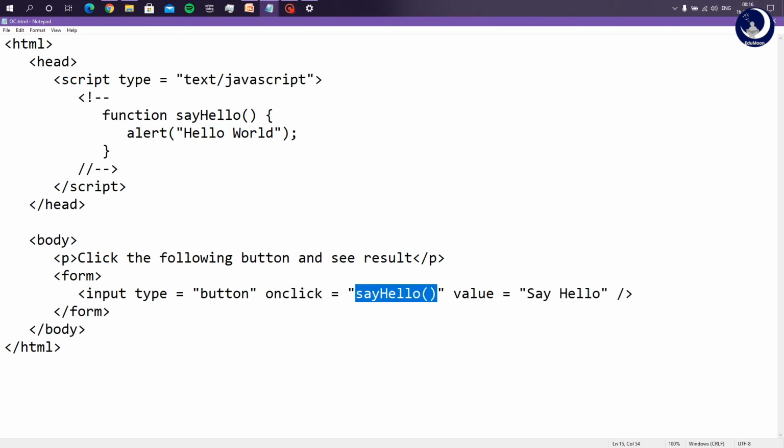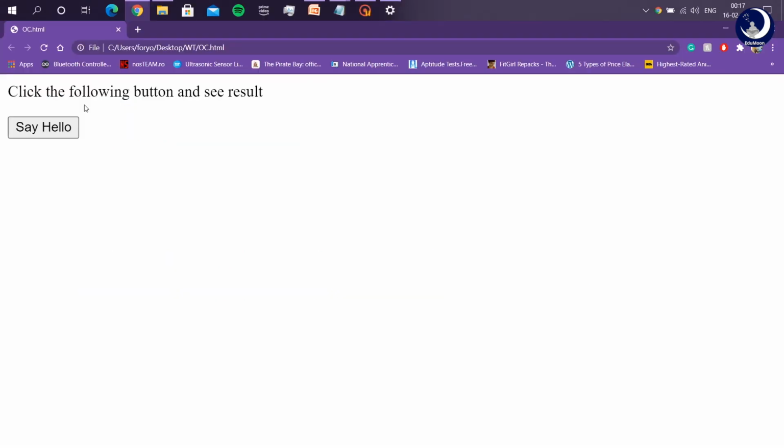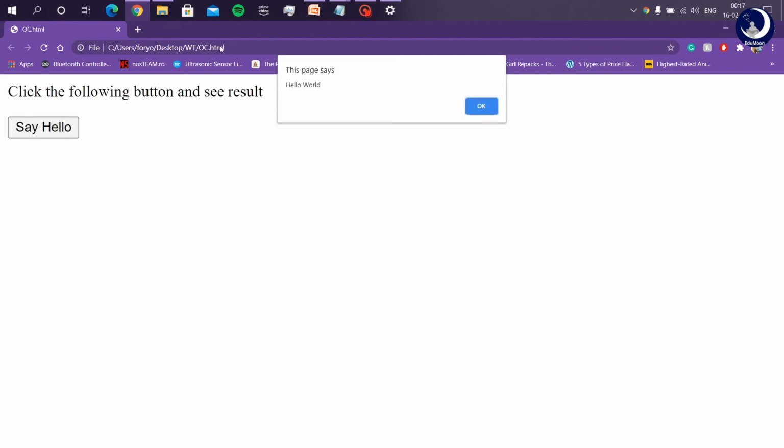In the say hello function, it has called the function alert with the argument hello world. So it displays an alert box which says hello world. Let us see the output. Here, this is how the output looks, and when I click on say hello, it displays an alert box. Here I have used the alert box not to display a warning but to greet.